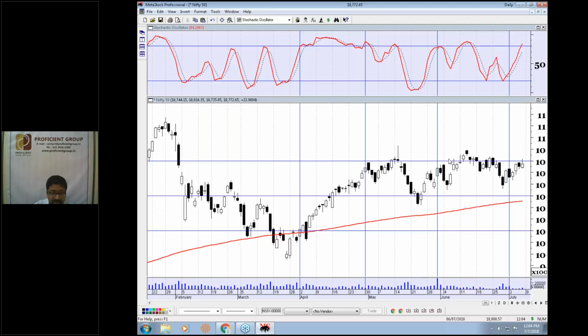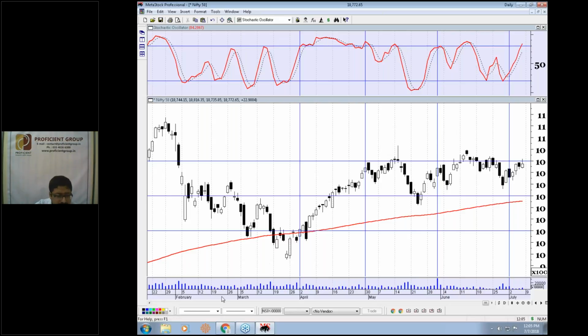On the other hand, if Nifty really manages to stay above or go above 10,840 sometime in the near future, then that will give a big fillip to the market, right? That will reassert the strength of the bulls in the market, and Nifty in that case is very likely to go higher and challenge its January top, right? Which is at around 11,100 region.